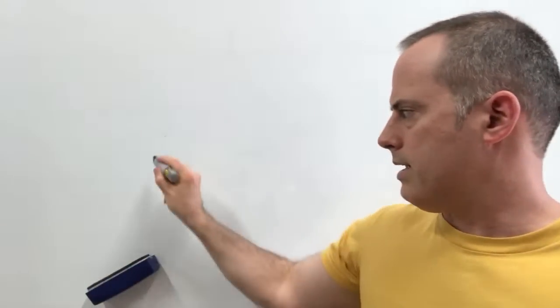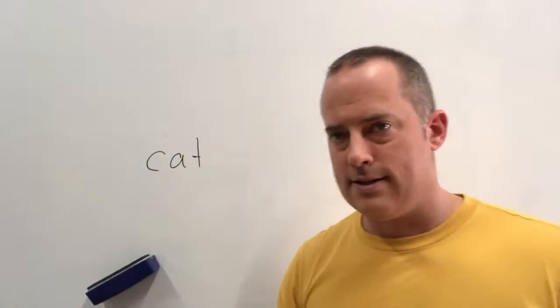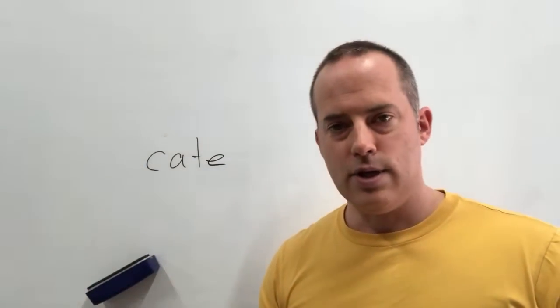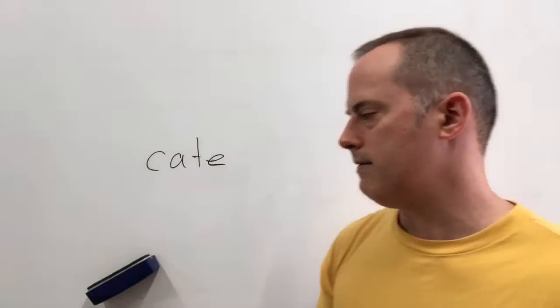All right. So if we have a word like cat, this is a consonant, vowel, consonant, and then if we put an E at the end here, we get Kate. So we can have things like educate or decorate or other things like that that have the same kind of spelling to them.